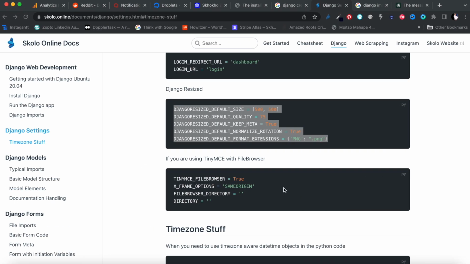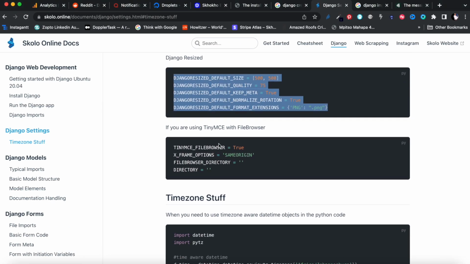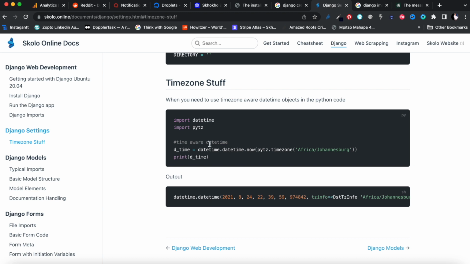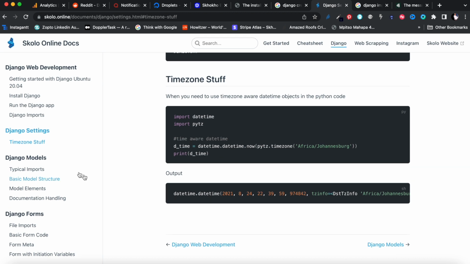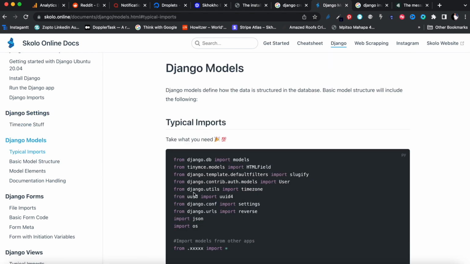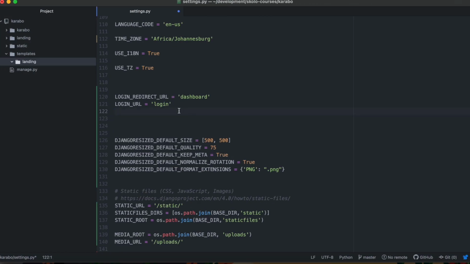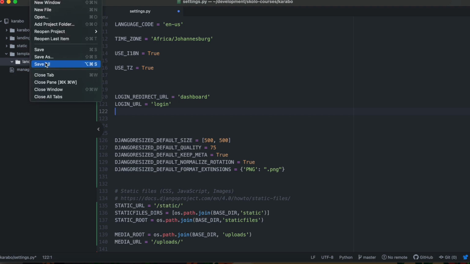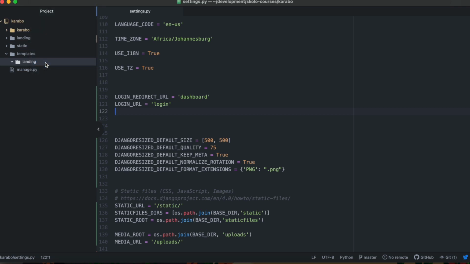Okay, then let's go down. We're not going to be using TinyMCE, so we're going to forget that. And the time zone stuff, that's good. Okay, so then we can start with the models and everything. So this is good. I'm going to save that. All right, so once I've saved that, we're going to start working on our URLs and all those other